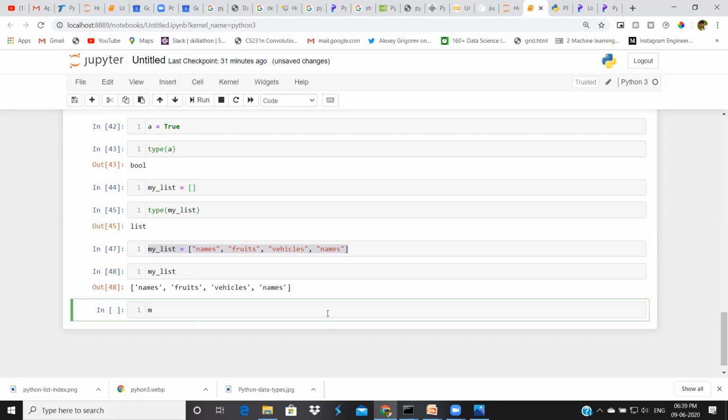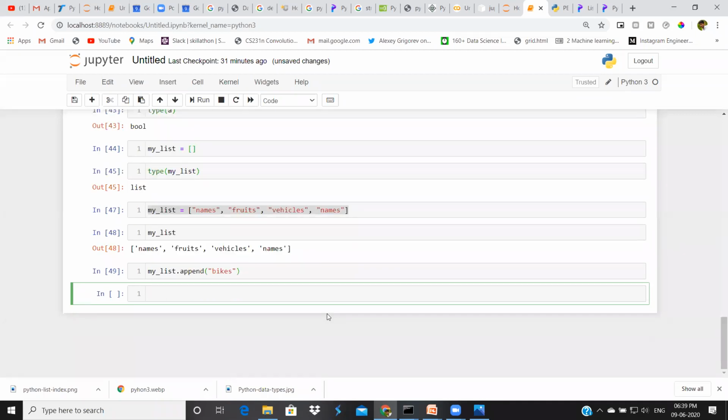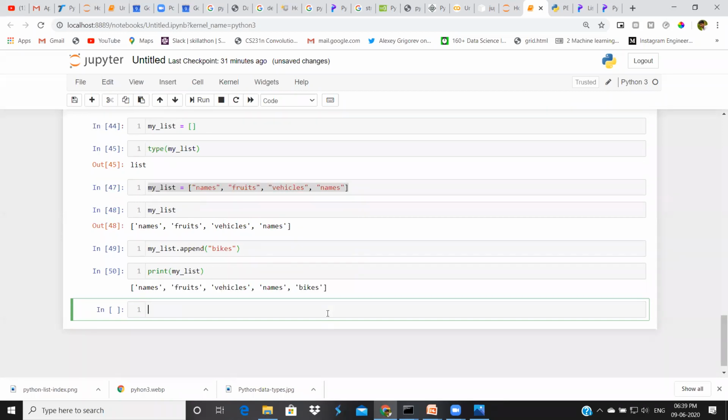For suppose I want to add one more item to the already defined list. For that, we will use the append method here. I want to add bikes here. If I print my list, yeah, here I got bikes now.